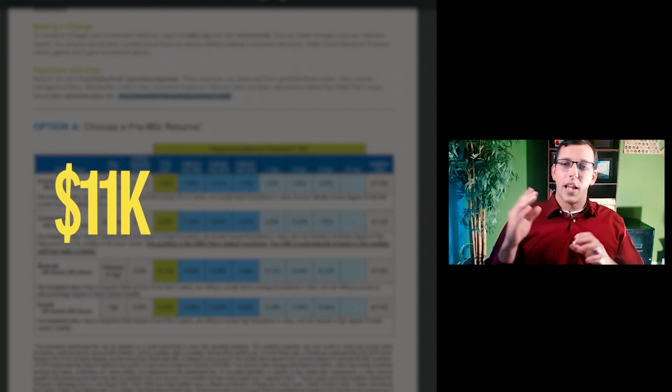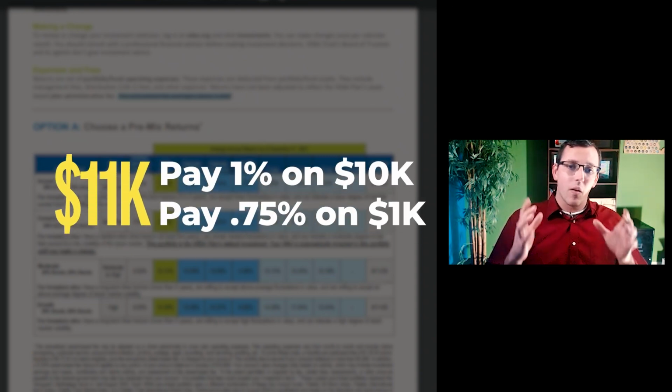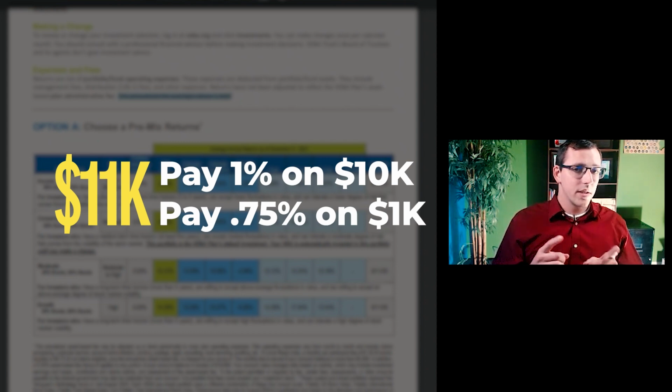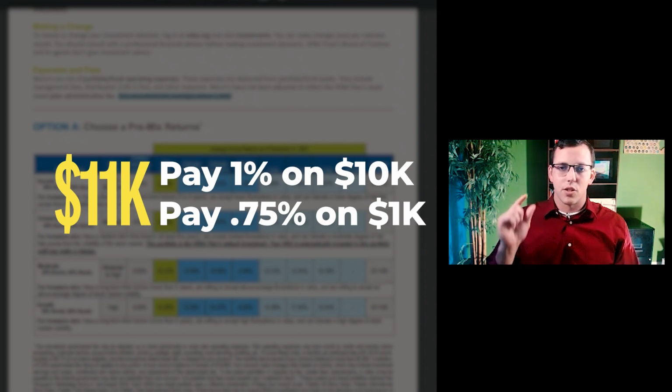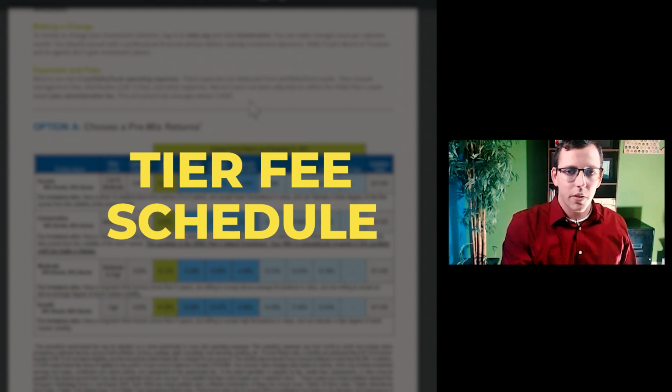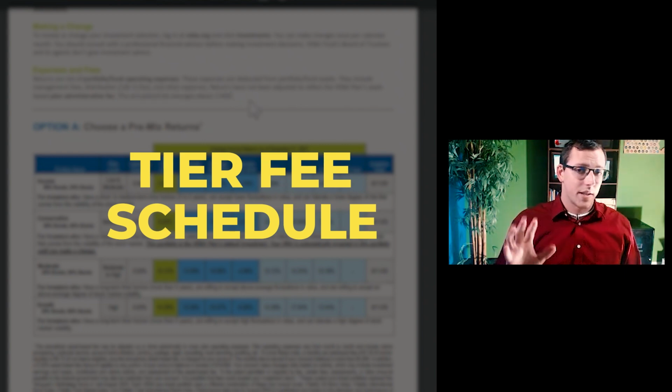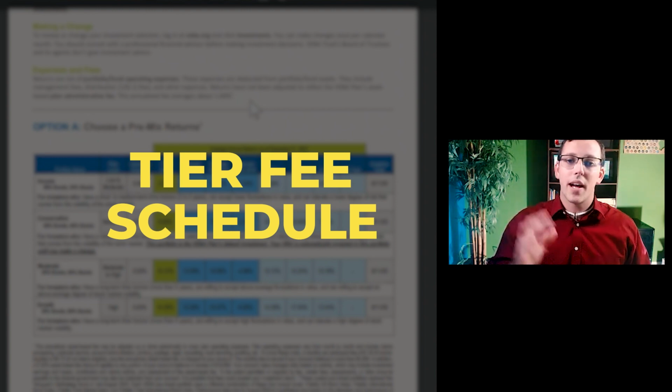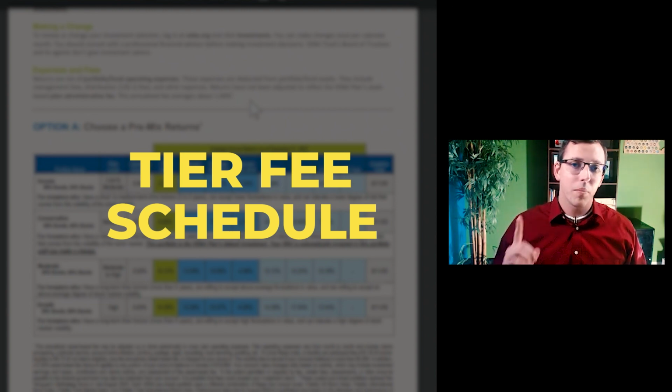If I have $11,000 in the account, I pay 1% on my first $10,000, and only that additional $1,000 is charged at the 0.75%. This is what they call a tiered fee schedule. Now, what's crazy here is that's typically what most advisors charge when they actually manage and give advice on people's retirement accounts. Now, the fact that VEBA is charging a 1% fee despite not giving any type of advice, there's